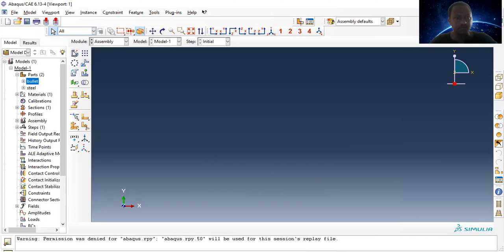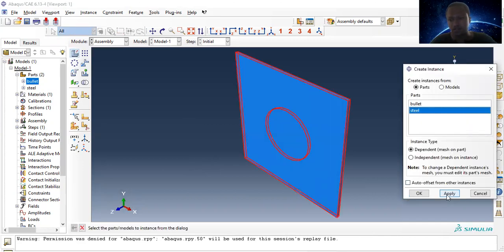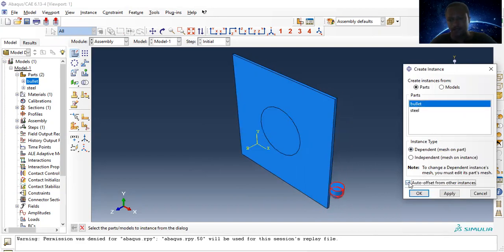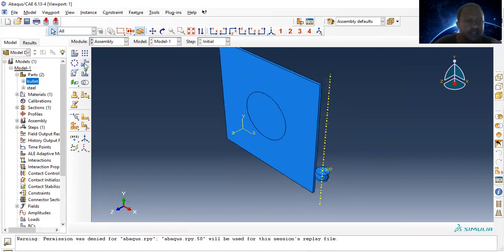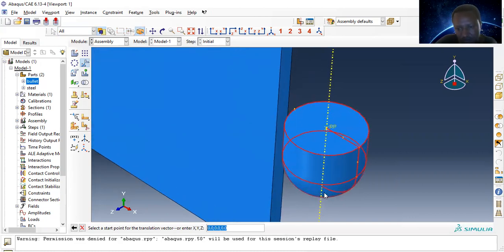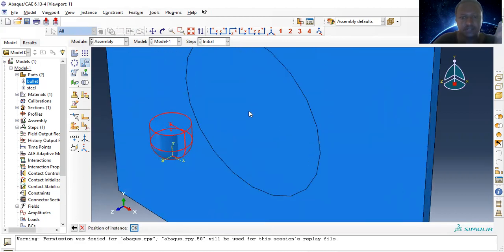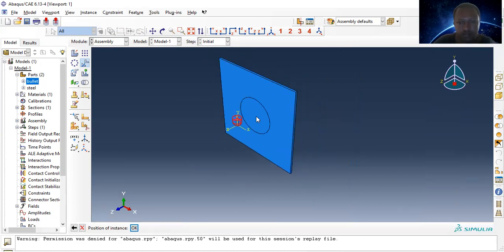Okay, a steel plate, and the bullet. Let them be separate. Okay, so these are the 2 instances. And translating the bullet from this point or from some point here to the center of the plate. Okay. Now